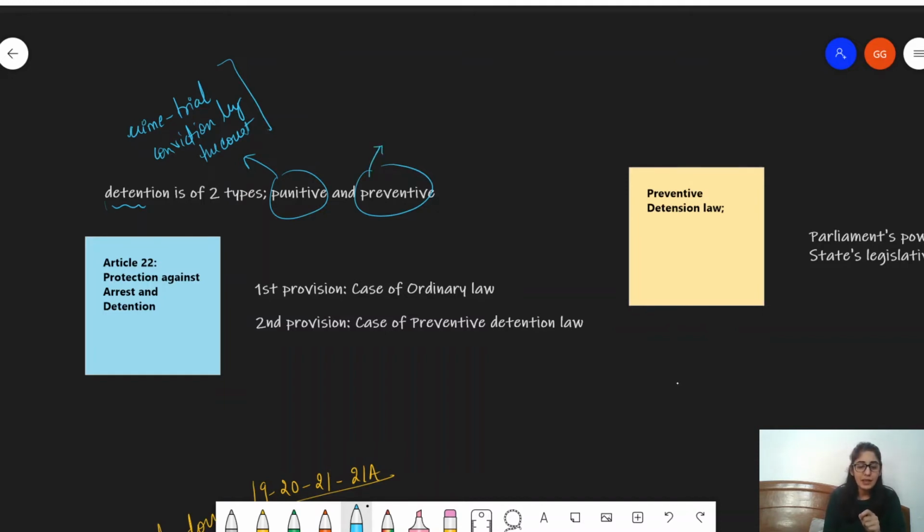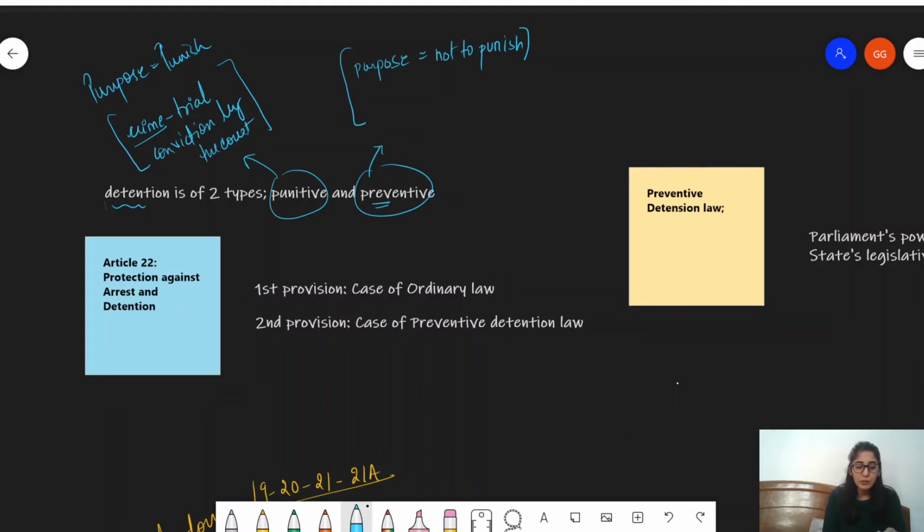Now, on the other hand, there is preventive detention. Now, preventive detention, as the word itself is suggesting, it's preventing. What happens here is that none of this basically happens. Okay, none of this happens. What instead happens is that here the purpose is not to punish. In punitive detention, the purpose is to punish. Why? Because the person has committed a crime, has undergone the trial, and then there's finally a conviction by the court. On the other hand, under preventive, there is no purpose to punish.